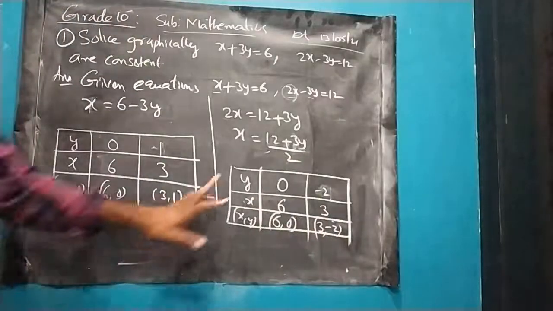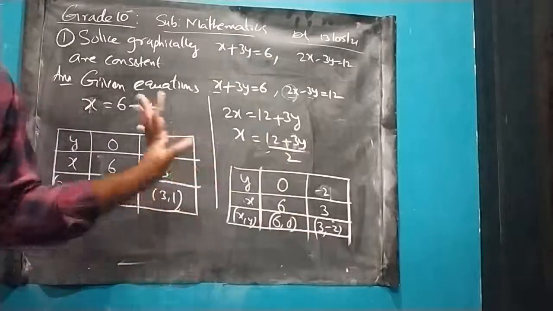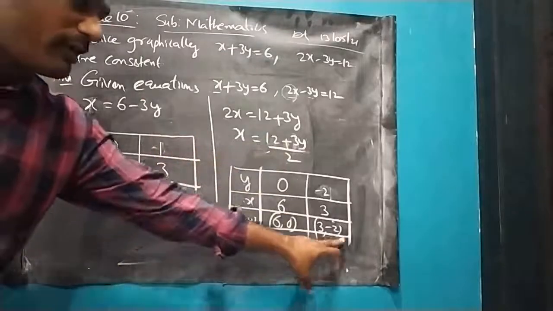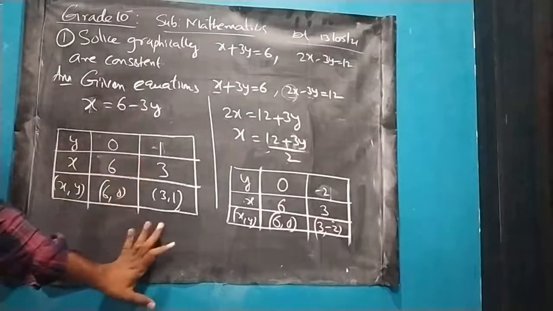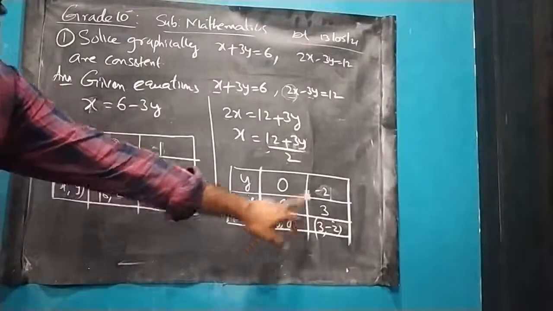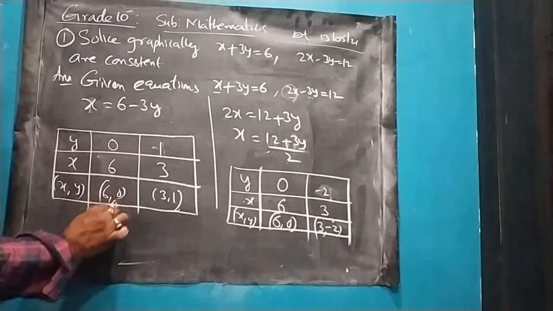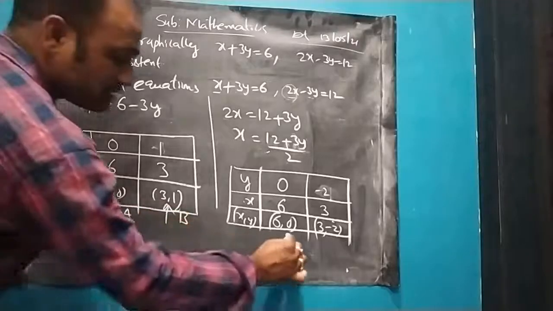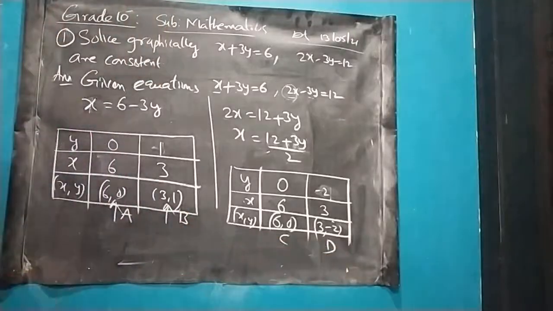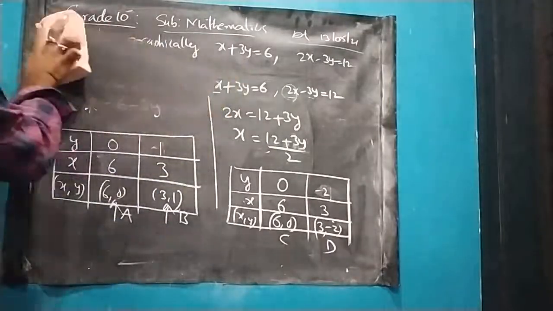Means we have to take the points in such a way that we should not get any decimals, as far as possible. Why? Because if we are getting perfect points, we will get an accurate answer. If you are getting decimals, we may get an accurate answer, but not to the same extent as with normal numbers. So these 4 points we have to plot on the graph sheet. So I can assume these as A, B, C, and D. So these 4 points, let us plot on the graph sheet. You have to take a graph sheet and plot. I am going to plot directly on the board.